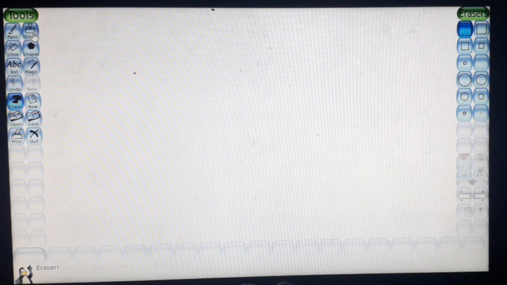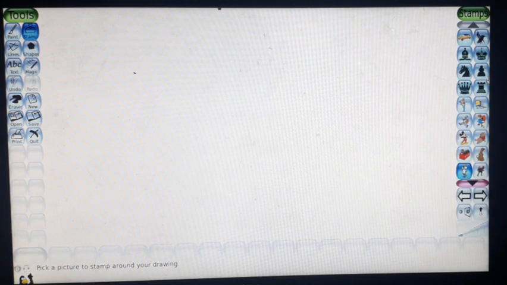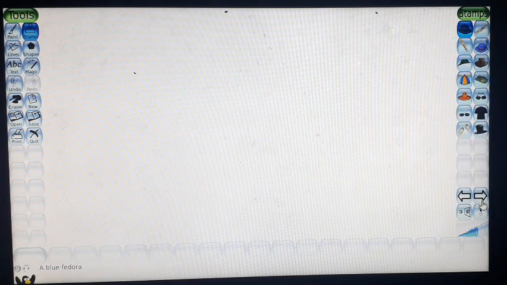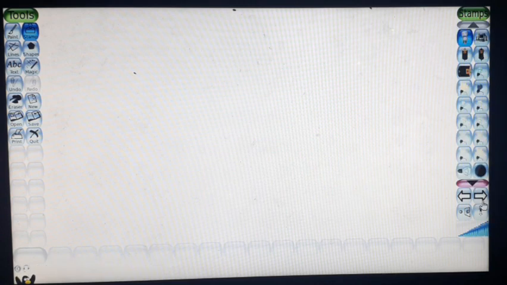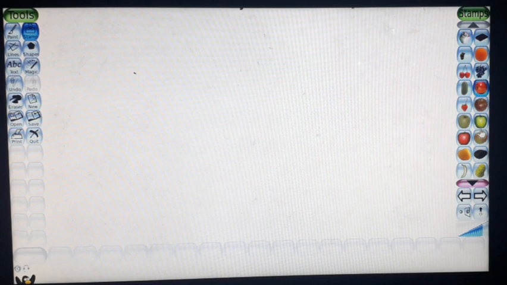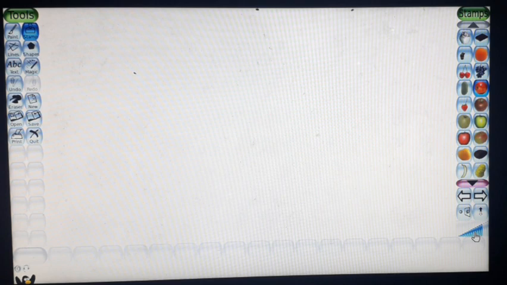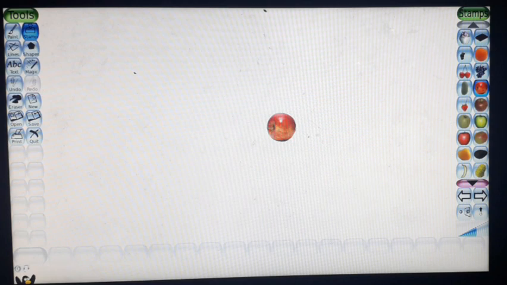In this class, we have learned about the stamp tool, line tool, eraser tool and the shapes tool. The stamp tool contains many stickers. Look here, these are the stickers of fruits. We can increase or decrease the size of the sticker from the volume option. This is the sticker of an apple.